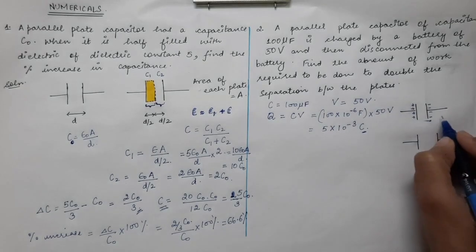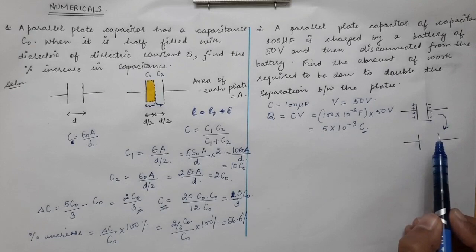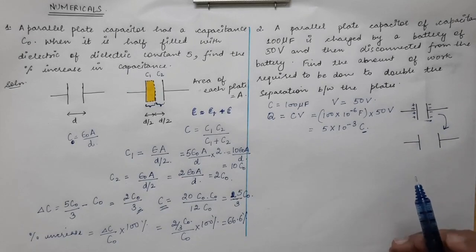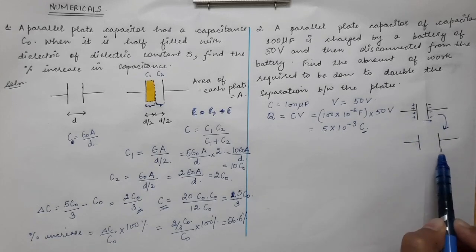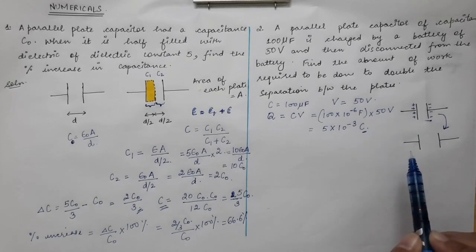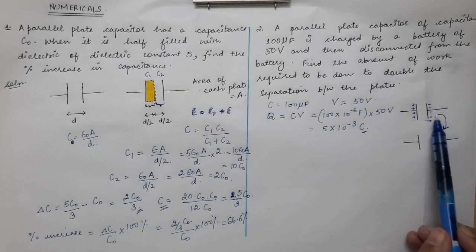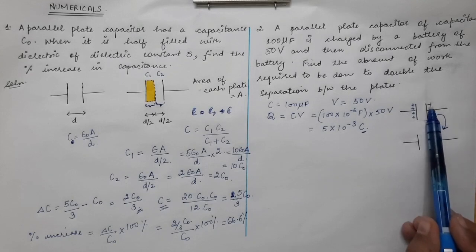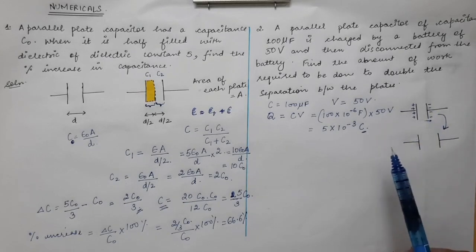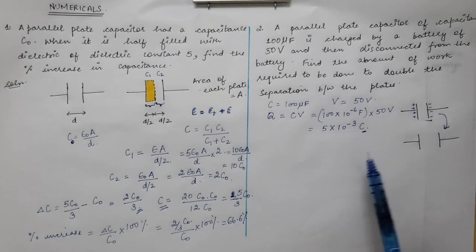Now when you change the separation, when you are increasing the separation between the plates, what is the thing which is not changing? The only constant thing over here will be the amount of charge, because as you increase the distance between the plates, obviously the capacitance will also change, because capacitance depends upon the separation between the plates, as we already know. So if you are increasing the separation, the only parameter that will not change is the amount of charge which has been established on the plates. So amount of charge will remain constant. So this will be the amount of charge in the second case also.